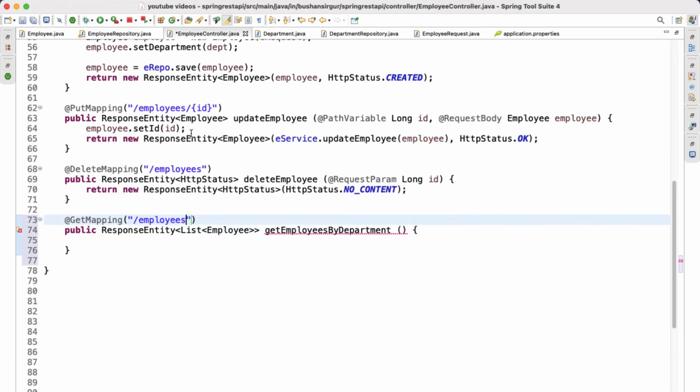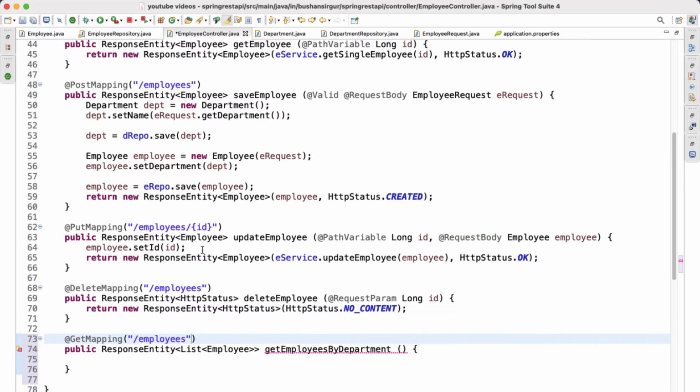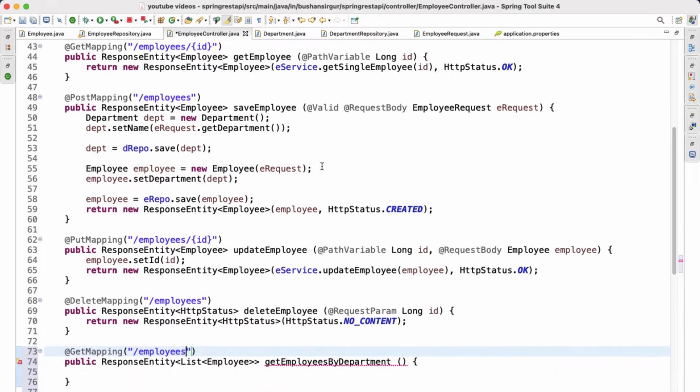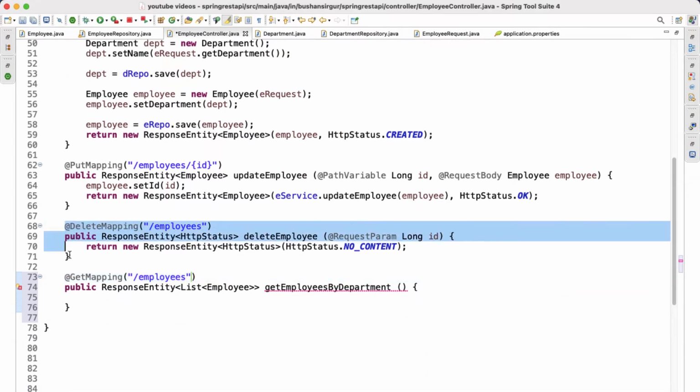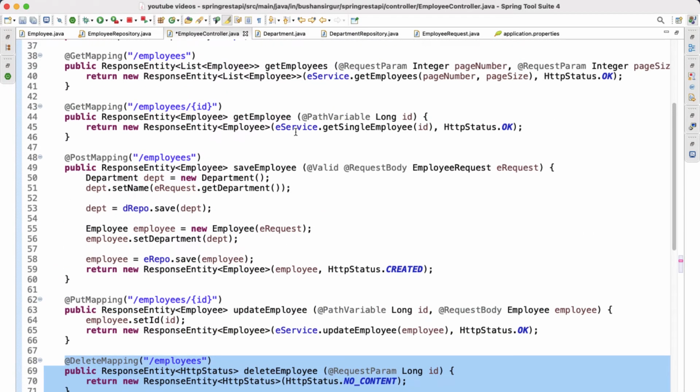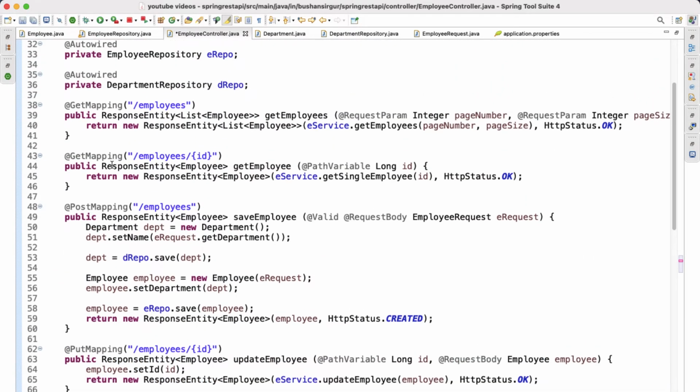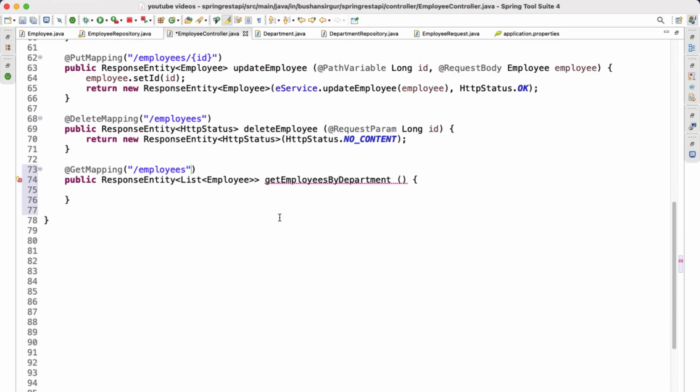Let me check if I can use the request param. I cannot use it because we already have the delete mapping, but we can use the path variable because GetMapping has the path variable. Actually, let's use the request param and receive the department name from the query params.